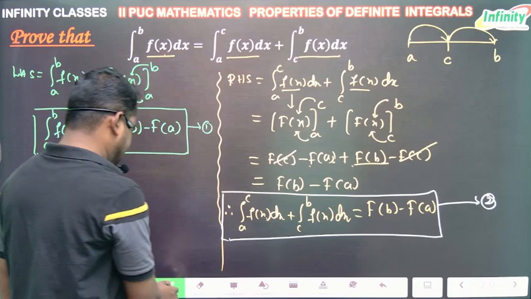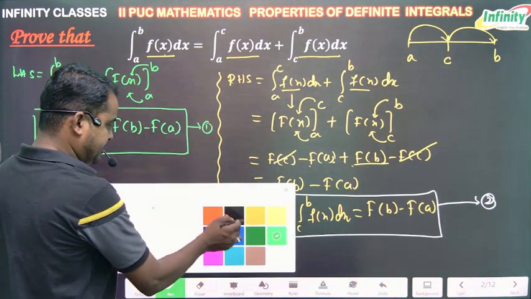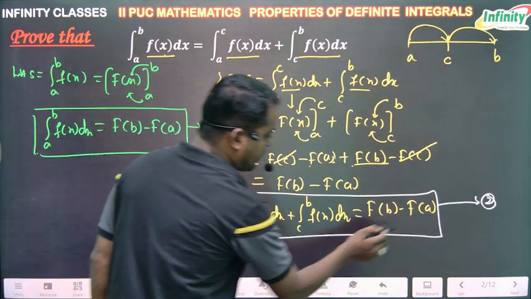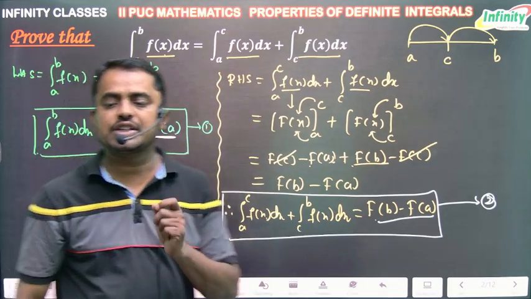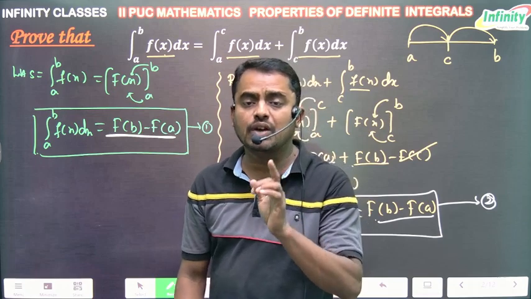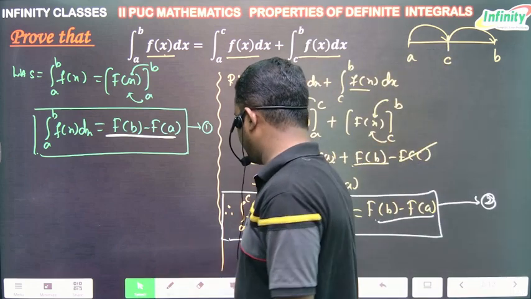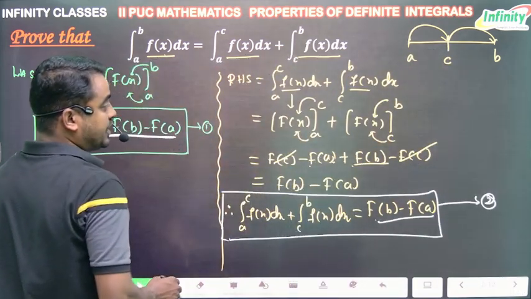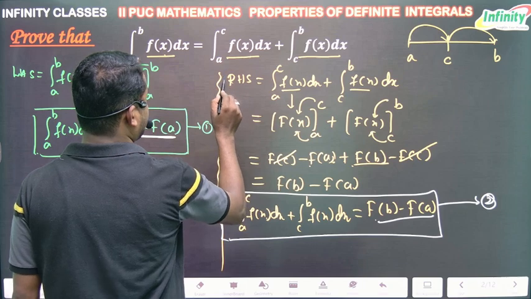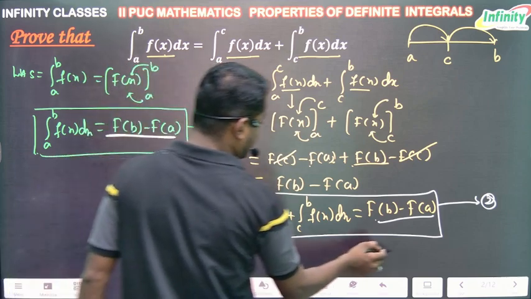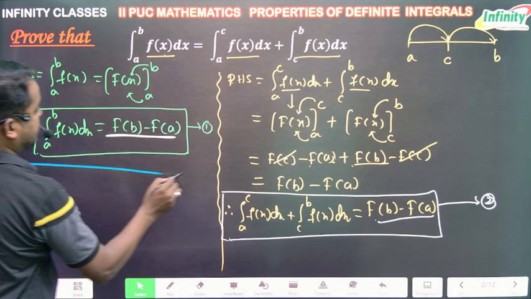Observe here the right hand side of both the equations. What is there here? F of b minus f of a here, and here also f of b minus f of a. From equation 1 and 2 we can say that,